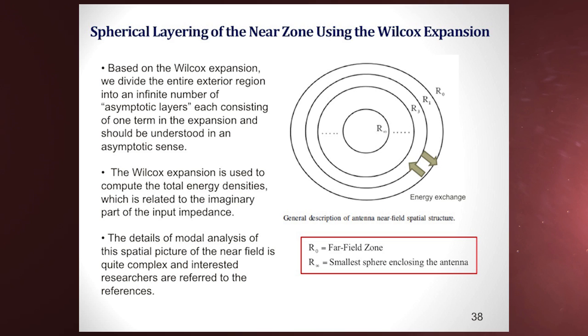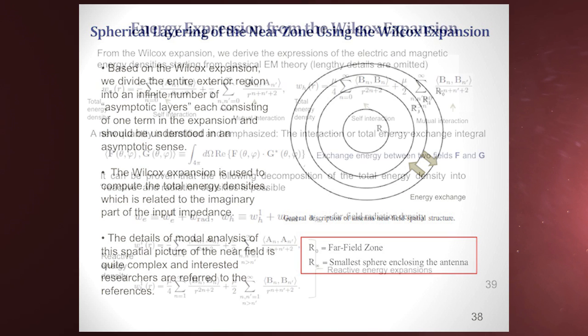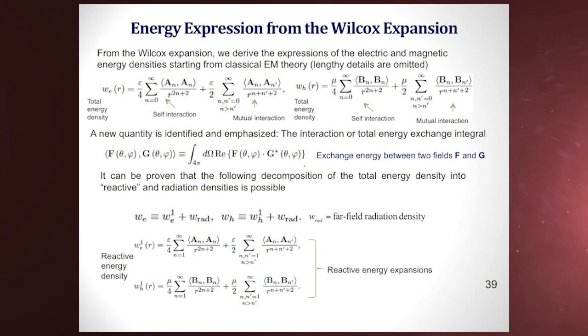So any antenna, this expansion would apply to it. You can see here the summation, R0 at the far field zone, R infinity, and you can come close to the antenna, so you basically surround any antenna with a sphere as close to the antenna as possible. Using this, and after quite a bit of math, you actually get expressions for the fields around it. You get expressions for the energy in the electric and magnetic fields. You get quite a bit of information from that, and this information is applicable for any antenna.